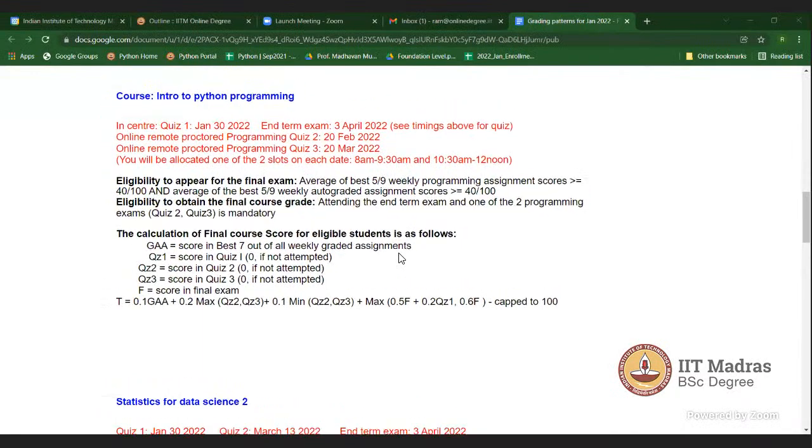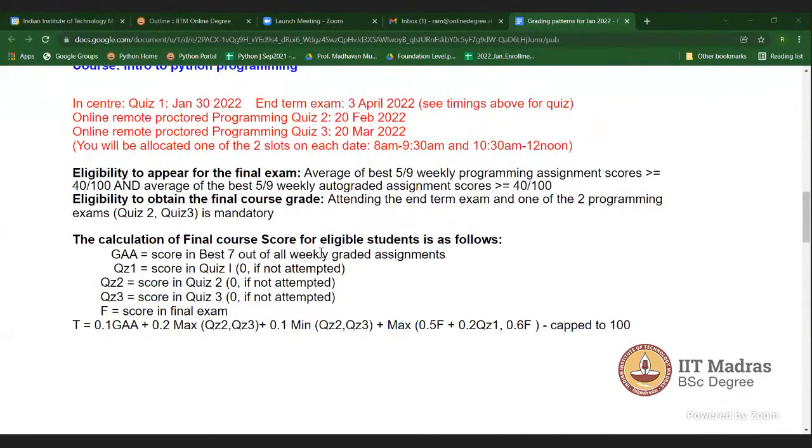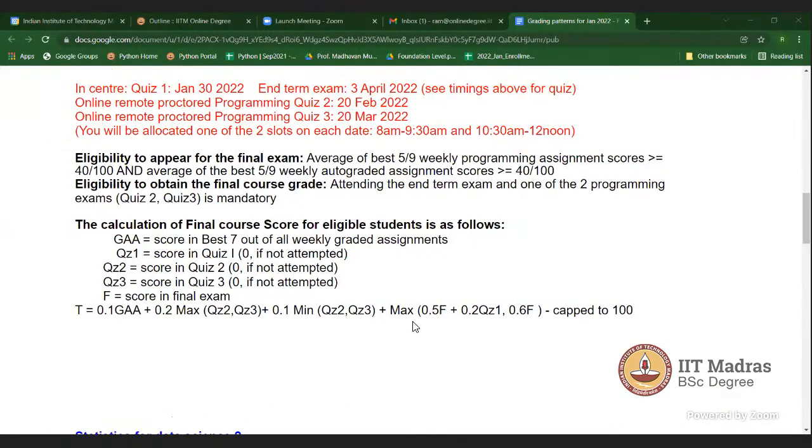So this is the scoring pattern for this Intro to Python. So how will your final grade be decided? This is the final grade T. Okay, so this is the final score. So for this, you'll have 50% for the final exam. So it will be max of 0.5 plus 0.2, or 0.6 F. So this will count to 60%. And then this will be